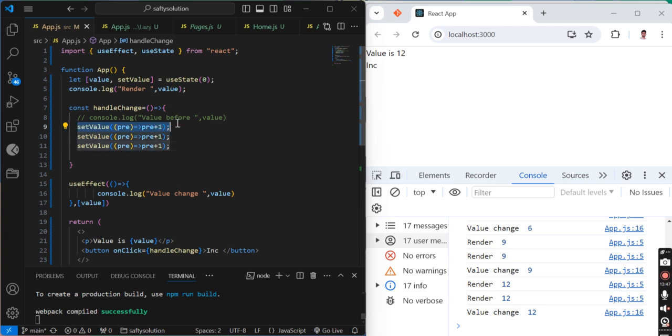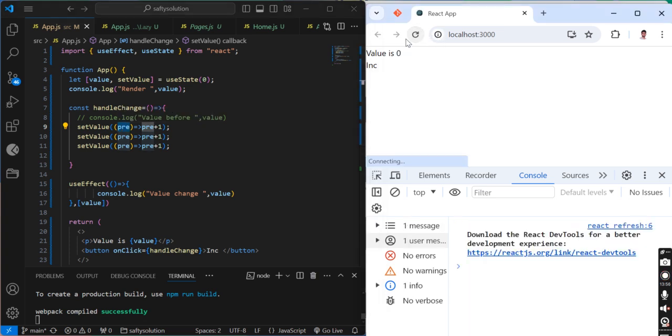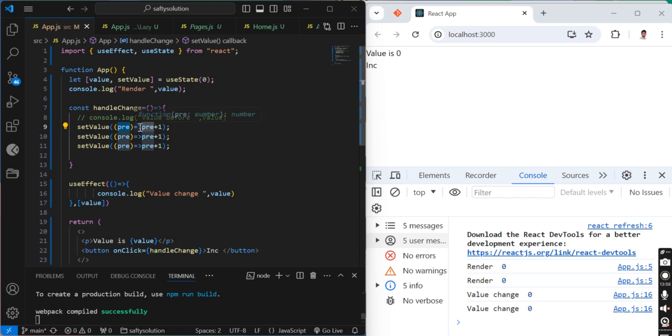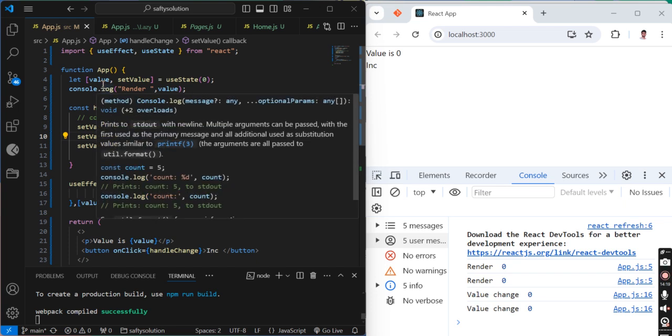When it comes to this method, it takes the previous value. What is its previous value? The previous value is initially 0, right? Then it returns 0 plus 1, 1. That 1 will be stored. When again this statement takes the previous value, the previous value has changed internally, though not reflected yet.